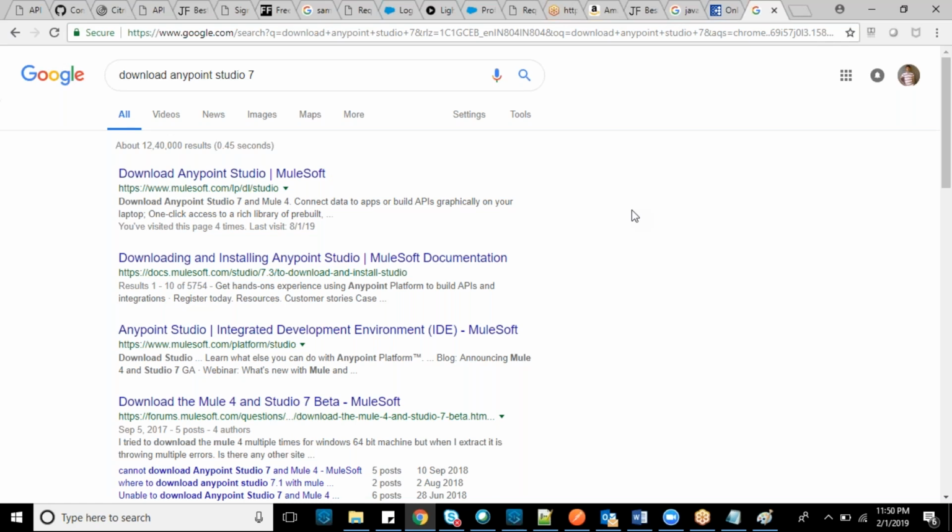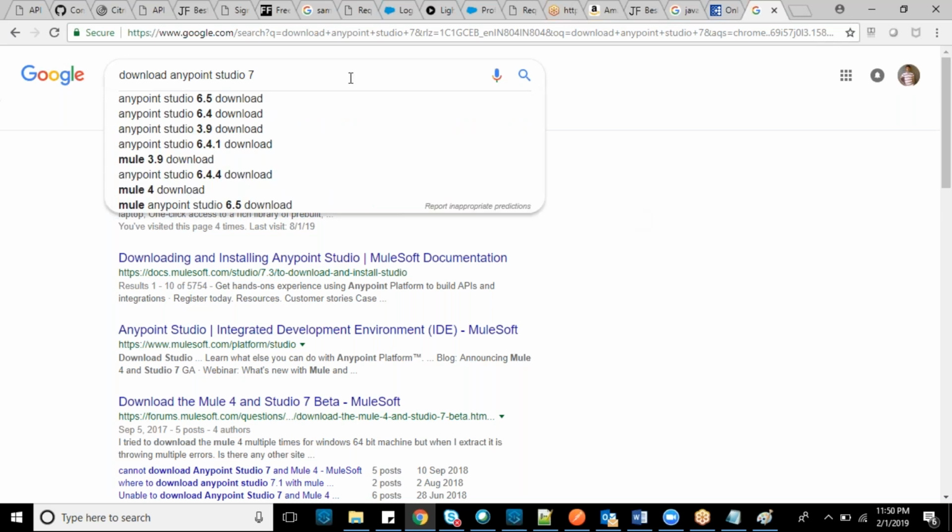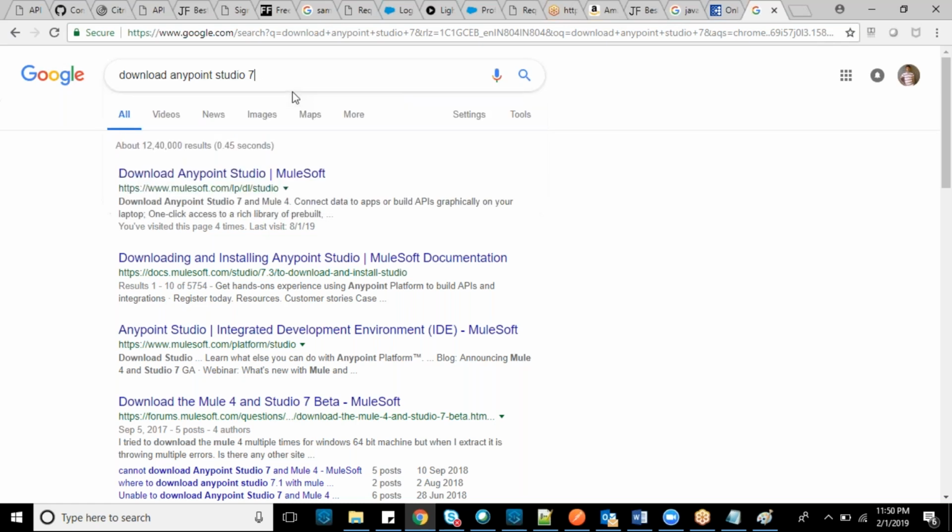Anypoint Studio has some limitations. There are two versions actually. One is the Enterprise Edition, and the other is the Community Edition. You can see here Anypoint Studio 7 download.